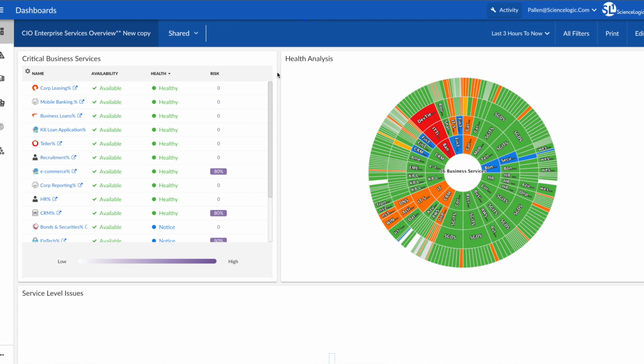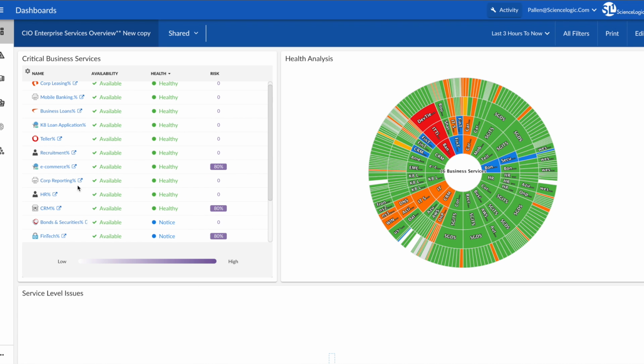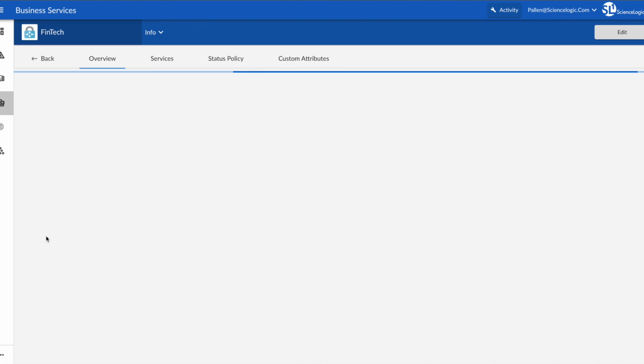Let's take a walk through some business services here. We'll see on this dashboard that there's a listing of about 15 or so business services, and I'm going to select the financial tech or the FinTech business service from this list that you see here. All of the services listed are showing availability, health, and risk for the service, and we can drill down from